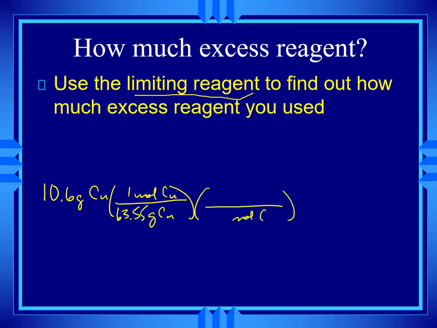Then take the moles of copper and change it into the excess reagent, the other reactant. So I'm going to turn it into moles of sulfur. And in my balanced equation, it was 1 and 1. Then I'll take the moles of sulfur and change it into grams of sulfur. 1 mole is 32.06 grams. So if I push those buttons,